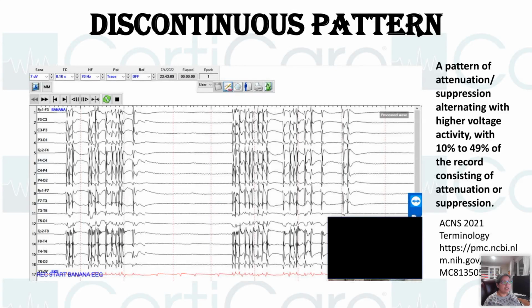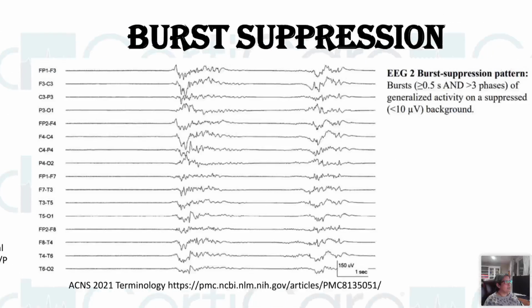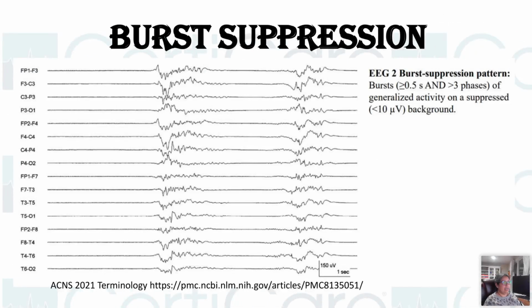So in a discontinuous pattern, we are still seeing more cortical activity, almost 51%. If we are seeing that, the pattern is still not burst suppressed. So 10 to 49% of suppression means you still have 51% of activity going on. So what exactly is burst suppression? When you have more than 50% of suppression, 50 or more suppression in your EEG, you're going to call it